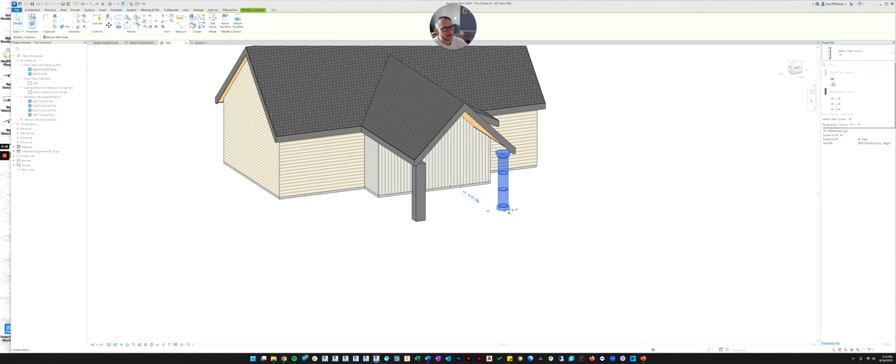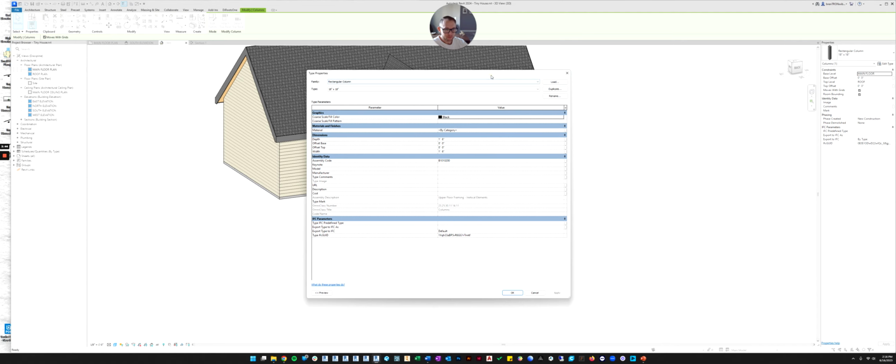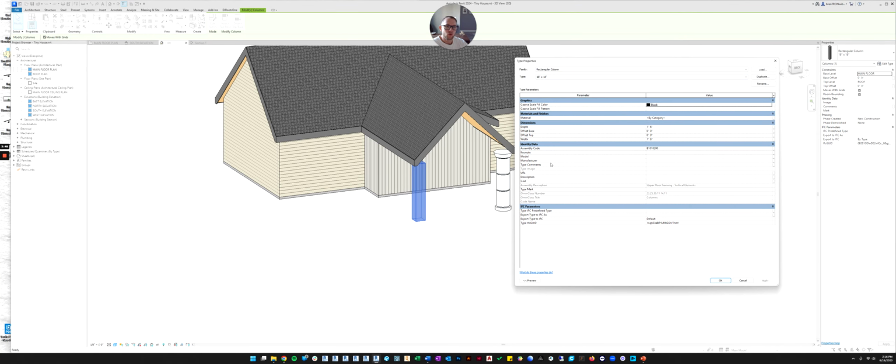The metal clad comes in two types. There's an 18-inch type, and there's a 24-inch type. And this rectangular comes in three different types: an 18 by 18, 18 by 24, and 24 by 24. If you want, you can click on this, and you can edit the type. Maybe we can create another type that's only 8 inches by 8 inches. The way you do that is the same way you do with the roofs and everything. You just hit the type button. But unlike the system families, the structure inside this dialog depends completely on whoever made the family. So not all of them will look the same.